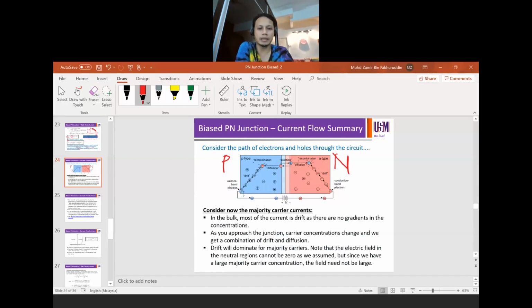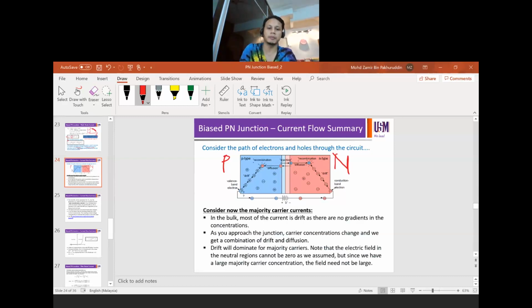In the bulk, most of the current drifts as there are no gradients in the concentration. If you are talking about one bulk, there's no concentration gradient to begin with. As the majority carriers approach the junction, the carrier concentration changes, and we get a combination of